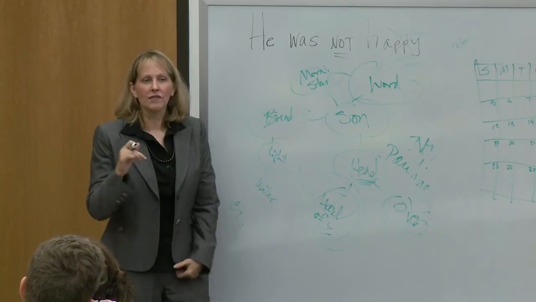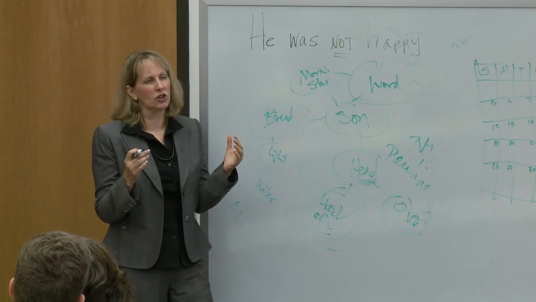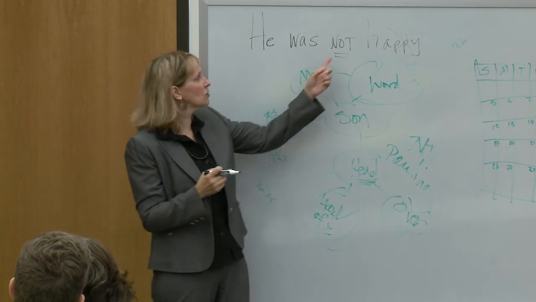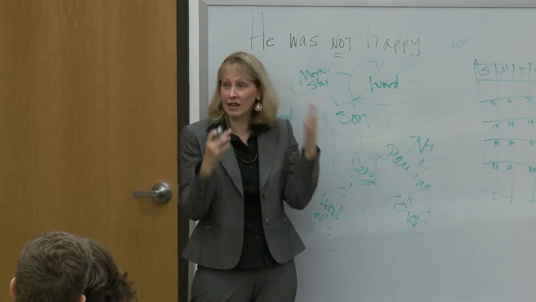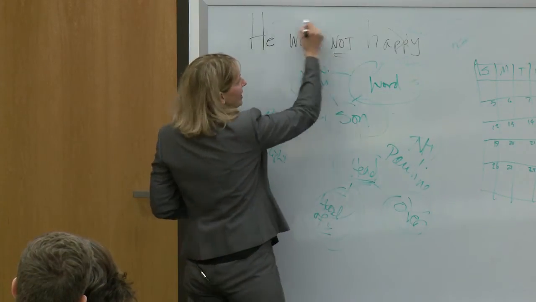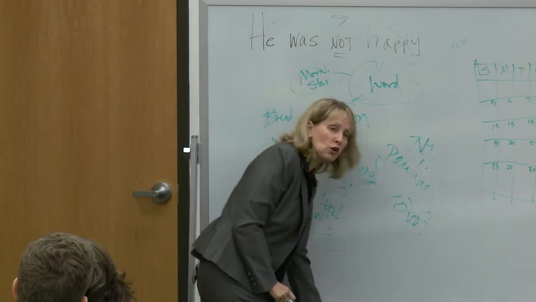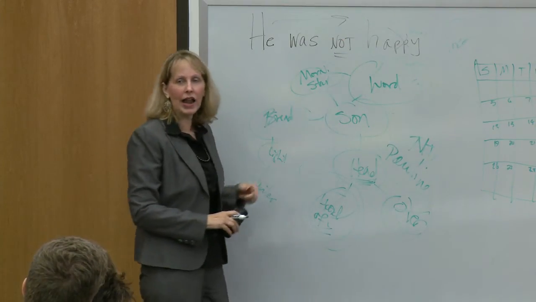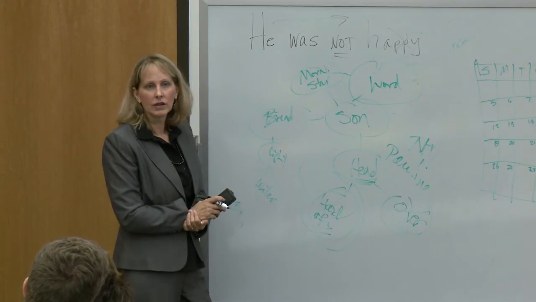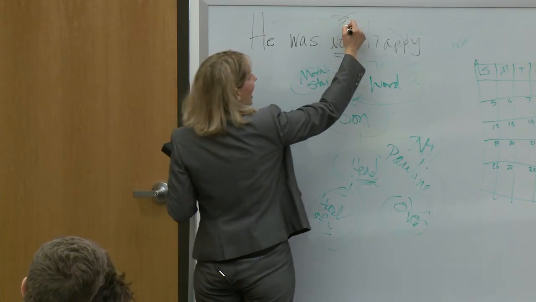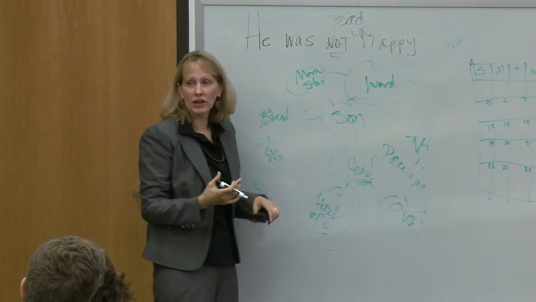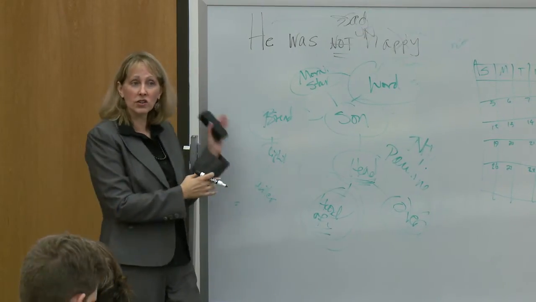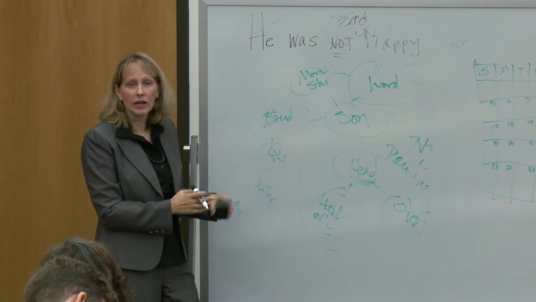And have you ever been reading something and you go, what? And then you realize you just completely skipped over the word no or not, and you read the exact opposite? Okay, the brain does that because of the way we read linearly. So if you're going to make an assertion out of he was not happy, well, what was he? You could either say he was sad, or you could even just say he was unhappy, right? So you want to say what he was, not what he was not. You're not changing the meaning any, right?